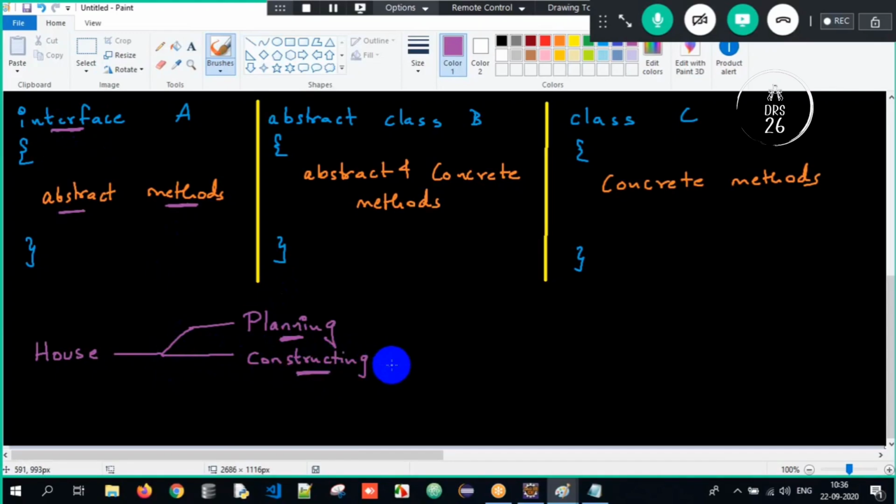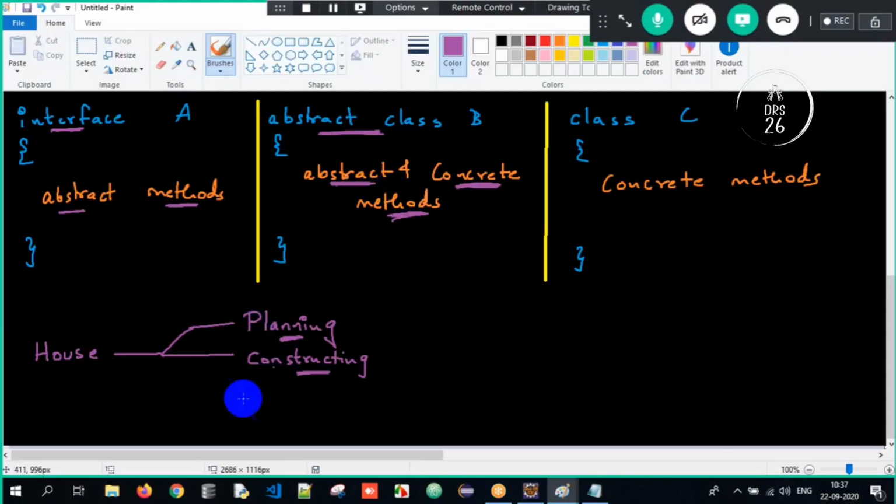So if your goal is to build 10 floors here, 5 floors are built and 5 floors are yet to be built. It's still in the construction stage. Okay. 5 months done. So you have built first floor, second floor, third floor. But fourth floor, fifth floor, sixth floor are still pending here. So that is nothing but abstract class, meaning half methods are implemented, if you are concrete methods, and if you are abstract methods. Half methods you have provided the implementation and half methods you have not provided the implementation.